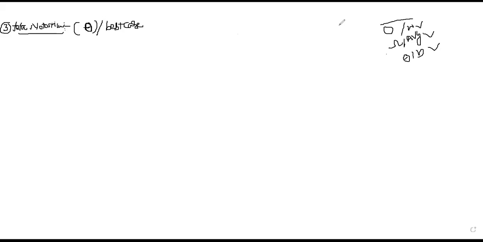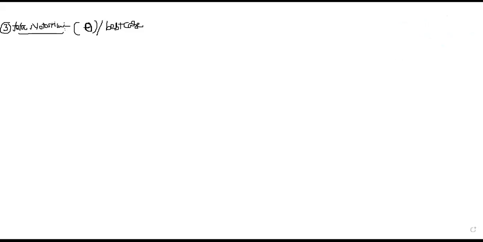For the time being, remember, big O notation is also called worst case, omega is called average case, and theta is called best case when we are calculating the time complexity. ठीक है, जब भी आप T of n को कैलकुलेट करेंगे टाइम कॉम्प्लेक्सिटी, तो ये नोटेशन रिप्रेजेंट रहेगा। तो big O आपका वर्स्ट केस के लिए होगा, ओमेगा एवरेज केस के लिए लेंगे, और थीटा हम लोग बेस्ट केस के लिए लेंगे। ठीक है, कब लेंगे, जब हम लोग टाइम कॉम्प्लेक्सिटी डिस्कस करेंगे।